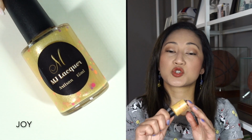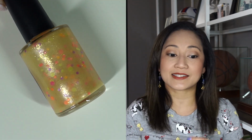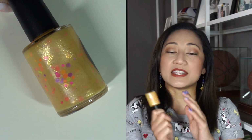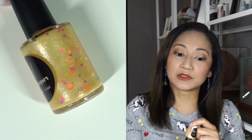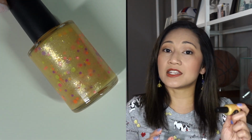The third polish I'm going to talk about is Joy, and Joy comes from the saying, together let's celebrate joy every chance we get. And this is a yellow glitter Crelly mixed with neon glitters, light micro gold flakes, and red shimmer. Now, I did